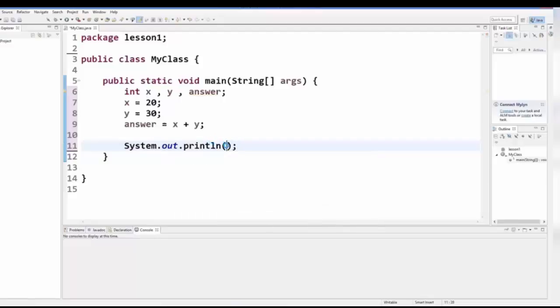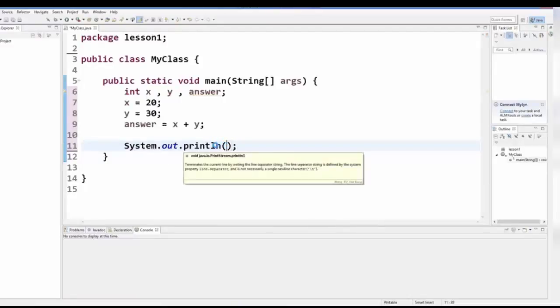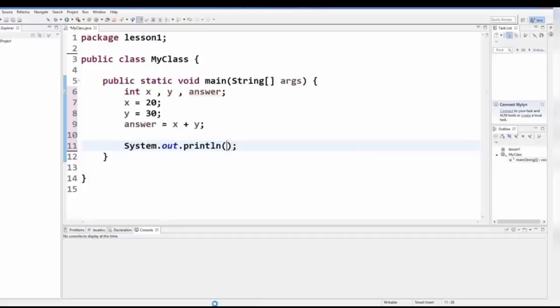So we can just write answer is equal to, so in double quotes we will say answer is equal to, and then there comes an operator called concatenation operator.